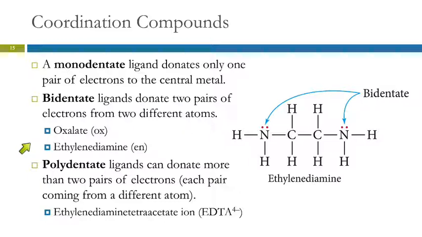So oxalate will do that, and we often abbreviate oxalate as ox. Ethylene diamine can also do that, abbreviated as en. And then polydentate ligands can donate more than two pairs. And again, each pair is coming from a different atom. So ethylene diamine tetraacetate ion can actually donate,